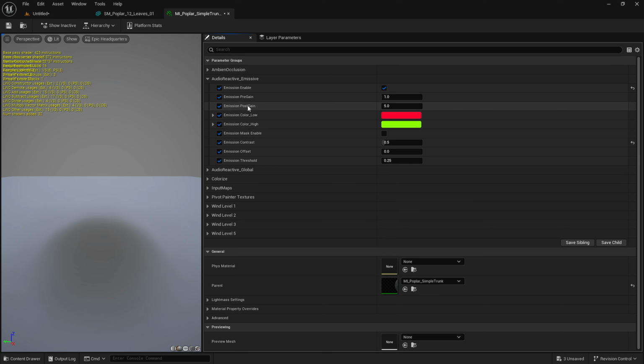Then we have our pre and our post gain. If you don't have enough value to really tweak these effectively, you can increase your pre-gain. If you're working with a softer sample or audio track that just doesn't have enough intensity to give you a nice good reaction, you can just up the pre-gain. That just multiplies the incoming audio before any of this processing happens. And then on the flip side, after everything's set up, if you just need a little more power, you can up the post gain, which is a multiplier after all the effects chains.